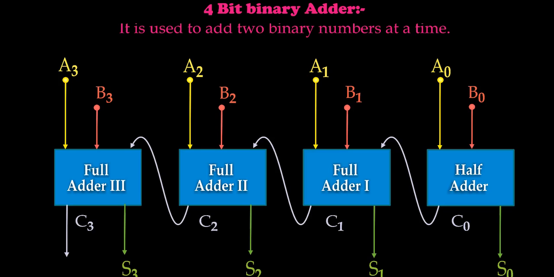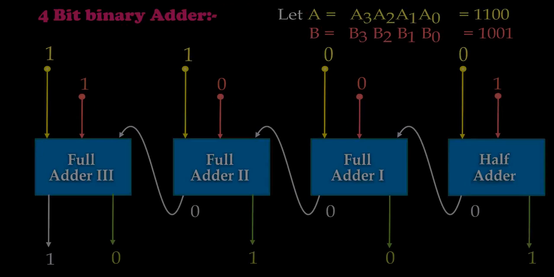The LSB bits of A data and B data are inputted to the half adder and its carry output is then added to the next column, that is A1, B1. Now after the LSB, all the 3 adders are full adders. When the carry is generated at the first LSB, that has to be added with the next bit. So for that there should be provision to add 3 bits at a time. That is why full adders are used. This circuit can be explained on the basis of an example.